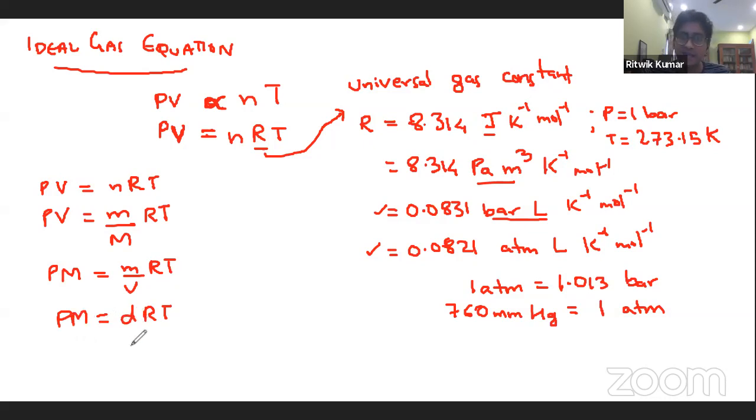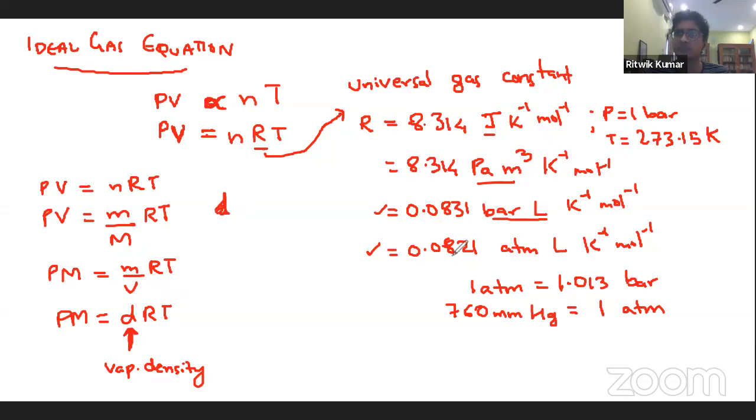This density is clearly not the density that you're usually thinking of. This density is the vapor density because we are talking about the ideal gas equation. So this is the vapor density of a molecule, of a gas. So how do we define the vapor density? The vapor density is defined as,